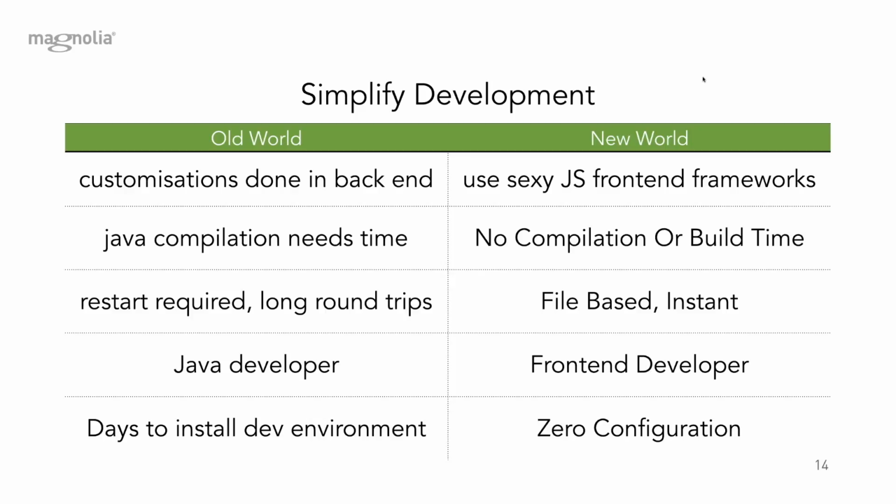In the old world, you needed Java devs. Now you can have front-end developers, and depending on your needs, you can work exclusively with front-end developers. You can do Magnolia custom websites with no Java developer in your team. And I think that's a biggie. It's not because we don't like Java developers. We actually love Java developers.